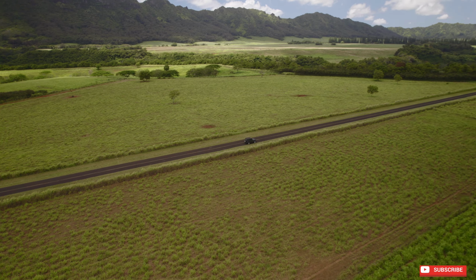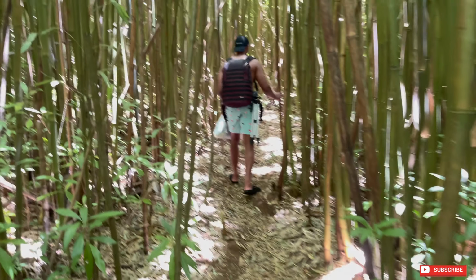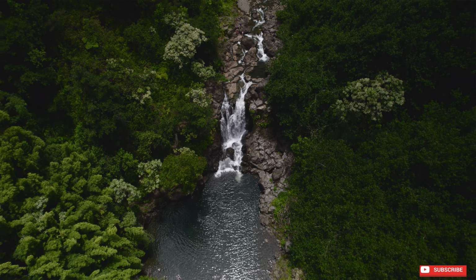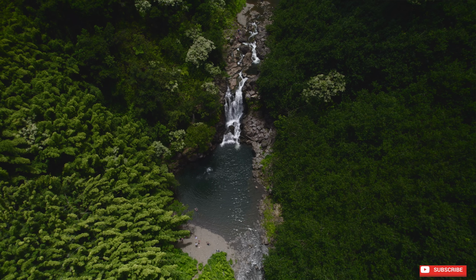It also has, like I mentioned earlier, our personal favorite, the hidden bamboo forest. And if you hike far enough into the bamboo forest, there are some hidden waterfalls with some rope swings and a ton of fun to be had. And there's also the famous PPY trail, which, by the way, closes at 5 p.m. sharp. So if you're planning to visit the PPY trail while you're doing the road to Hana, make sure you leave enough time for that at the end, as it is located at the end of the road to Hana, depending